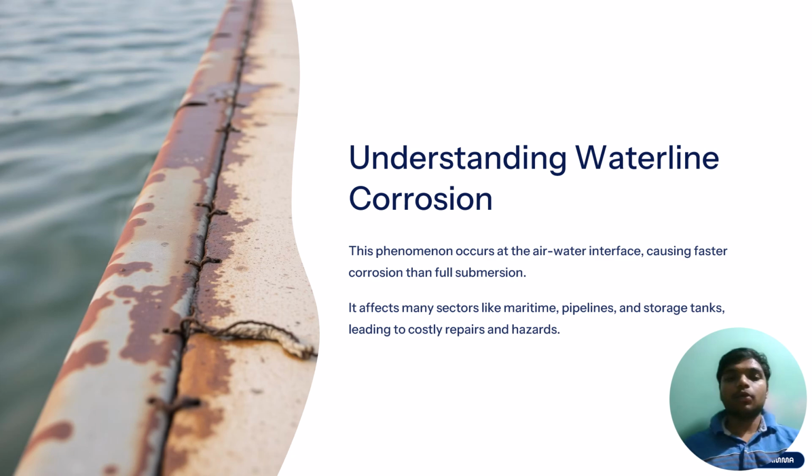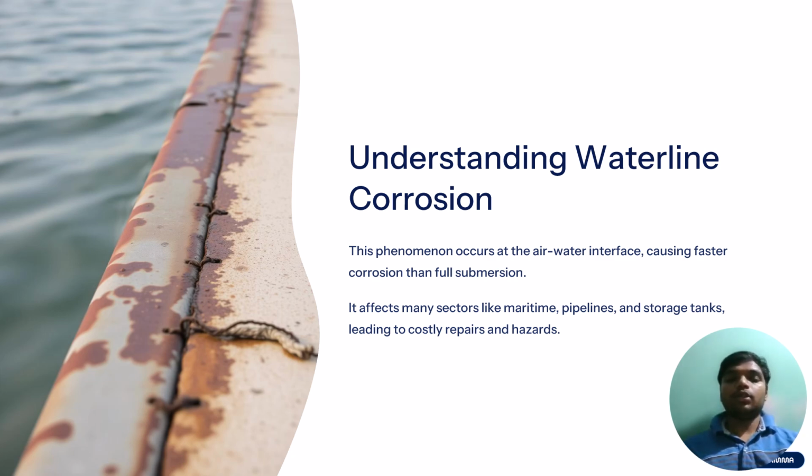Today, my topic is about waterline corrosion. Waterline corrosion is a significant issue that affects various plumbing systems, particularly in residential and industrial settings. It occurs when a portion of material is submerged in water while another part is exposed to air, leading to localized corrosion. Understanding the effects, causes, and prevention strategies is crucial for maintaining the integrity of plumbing systems and ensuring water quality. Causes of waterline corrosion: